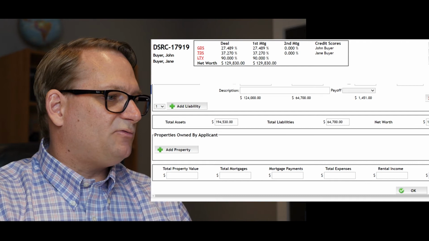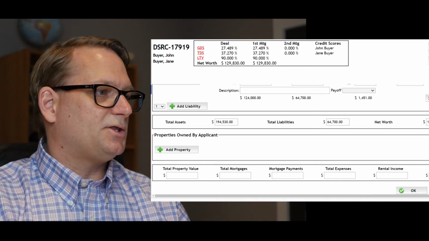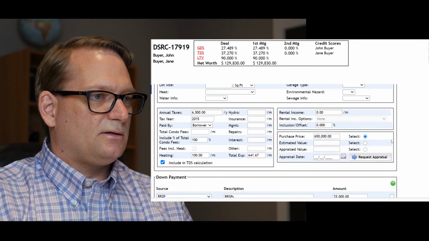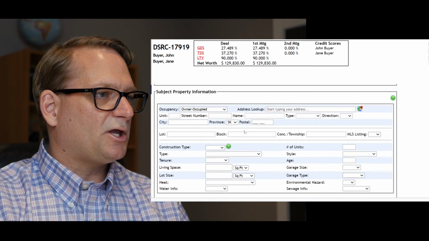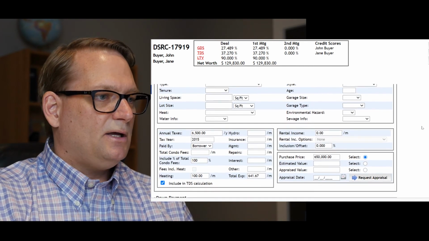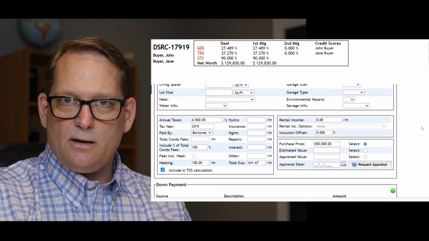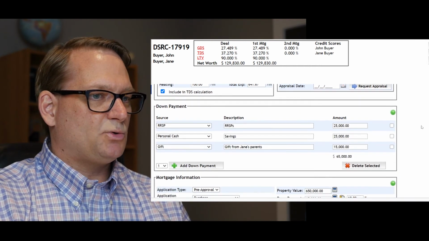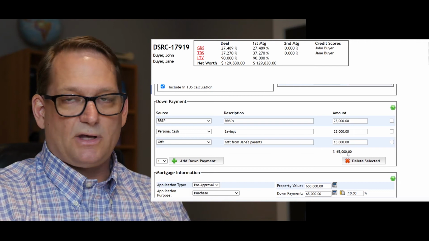Now, what we do is we flip over to the mortgage side of things, the mortgage application side of things. They're looking to purchase a home in Saskatoon. So they've got owner-occupied to purchase is what they're looking to buy. I don't have any details here for the property, but given their income and their debts up against each other, their debt ratios here would point towards if they've got about $65,000 to put down.